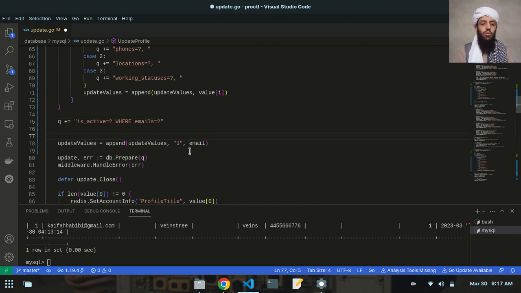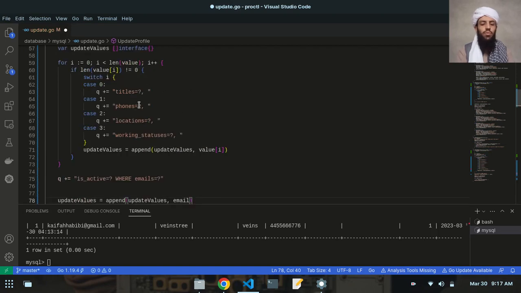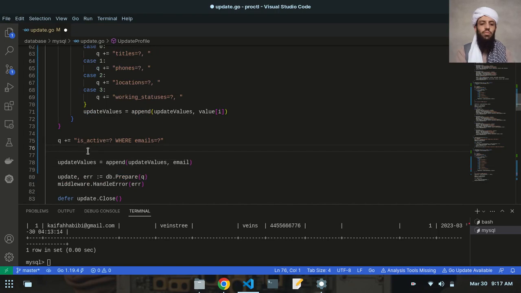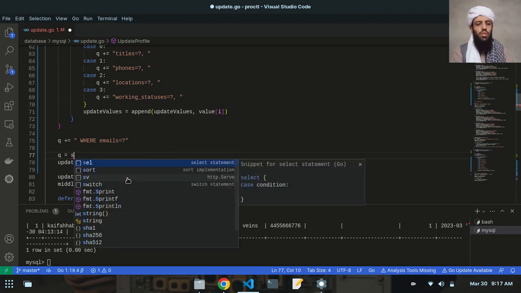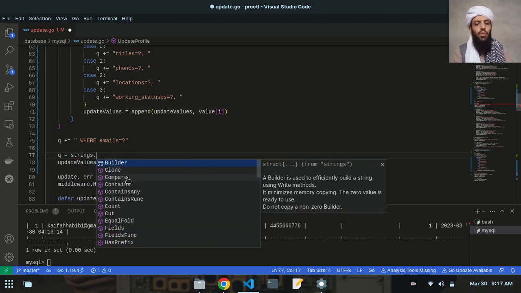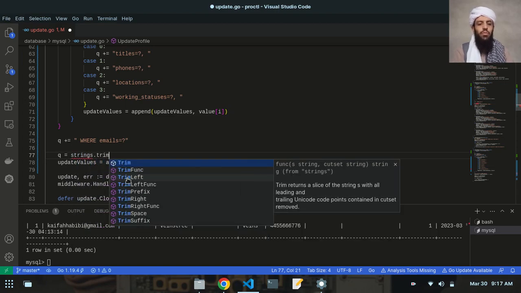Let's remove this one because there is no active status that is written. As you can see, titles, phones, location, and working statuses. There is no is active status that is written, so I need to remove this is active and give it a space. And once it is done, I need to write q is equal to strings, so what you can say, trim suffix,